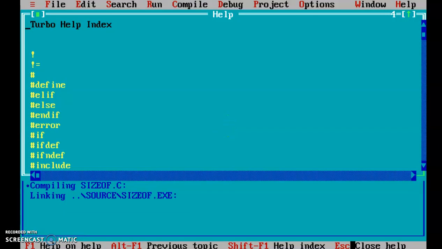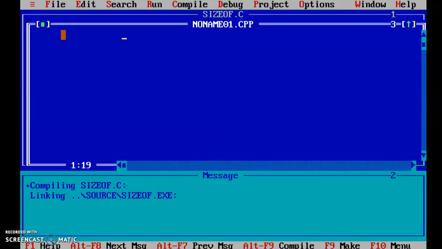Hello, today we are going to learn how to declare a pointer and how to declare pointer to pointer. So for that I will write one simple program to declare a pointer. I will declare first a variable and I'll store some value into it.